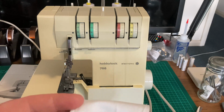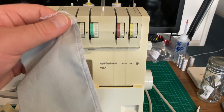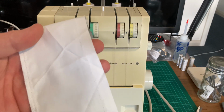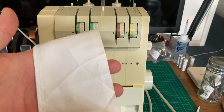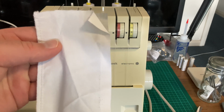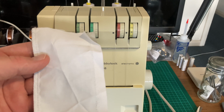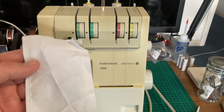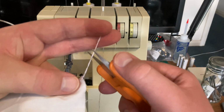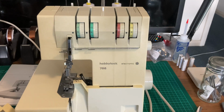Now, some can argue that, oh, well, that's white on grey, it's going to stick out. But no, that's not it. It's how it feels. It doesn't feel right. And sometimes I found when going through and trying to do some stitches, trying to make some clothes, which I did with this machine, I didn't like it. And I spent a long time trying to figure out, oh, well, maybe it's just a little setting, or maybe it's something else, or...